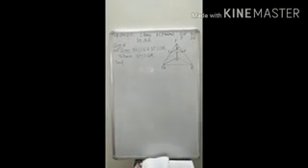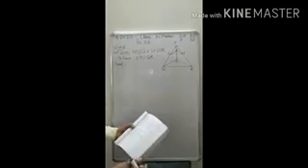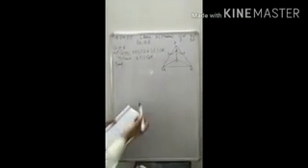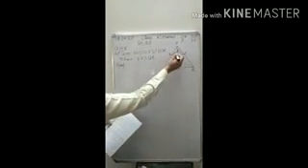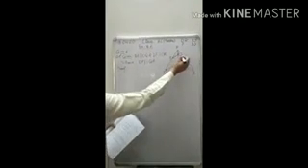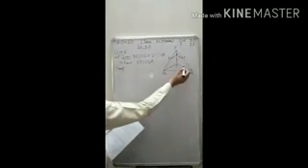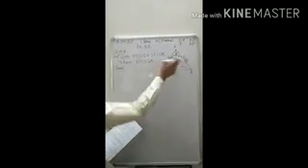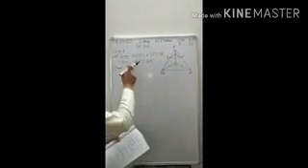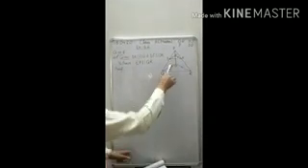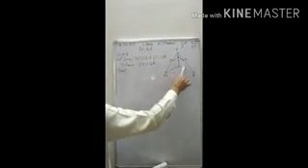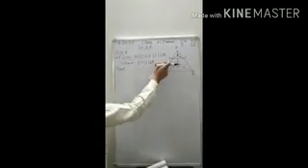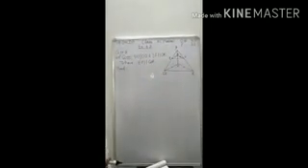Students, in this question, we are given that in this figure, line DE is parallel to OQ and line DF is parallel to OR. These two things are given, and we have to prove that the third line of this triangle, that is EF, is parallel to the third line of the bigger triangle, QR. We have to prove that EF is parallel to QR.